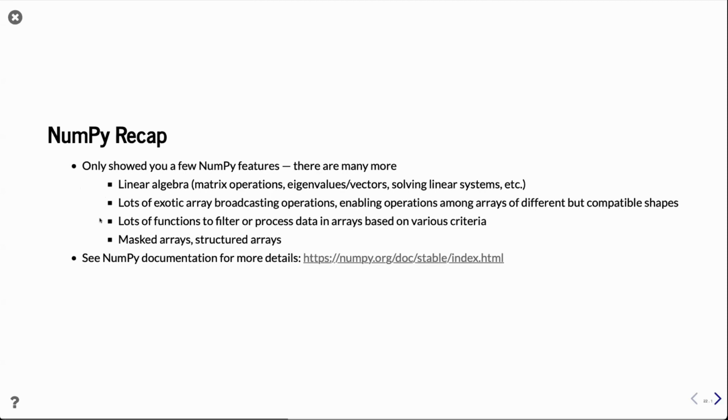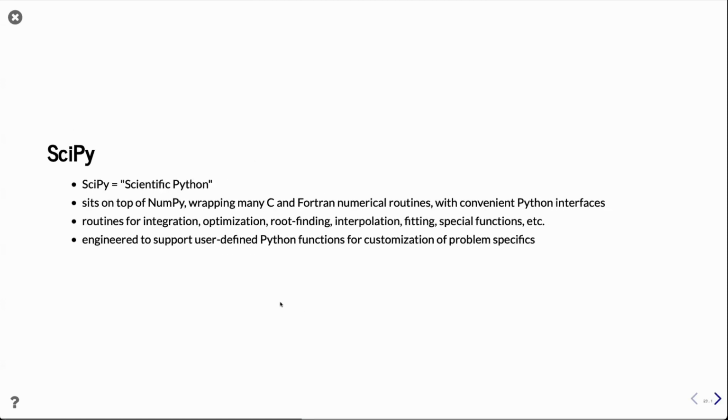And then there are a lot of different functions that allow you to filter and process data in a compact manner without having to write out these for loops. And then various other kinds of derived arrays, masked arrays, and structured arrays. So I certainly encourage you, if you're interested in using NumPy, to consult the documentation, which describes this in a lot more detail. I'm going to move on now to SciPy, which is short for Scientific Python, and this sits